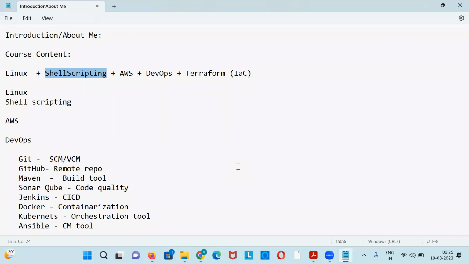CI/CD: Jenkins is the main pipeline tool, and that is why Jenkins is introduced here. Someone has to do the end-to-end tasks. We are introducing JSON, and there the CI/CD pipeline will cover all the tasks from code building to deployment. We'll write one script, a declarative script in Jenkins, and with just one click it will automate everything one by one: pulling the code from your repository, building the code, testing the code, creating the artifact, and then moving it on.